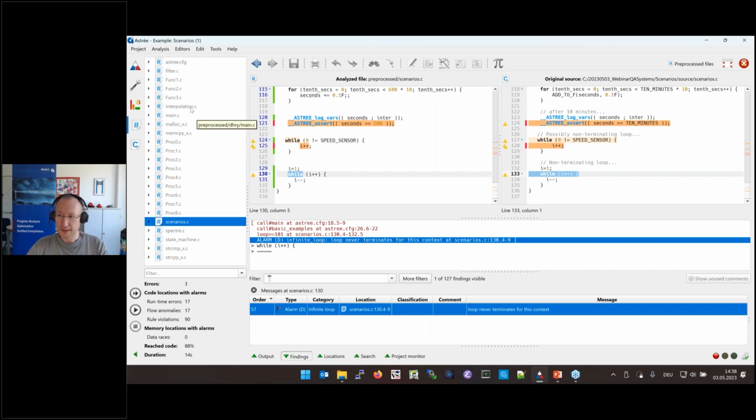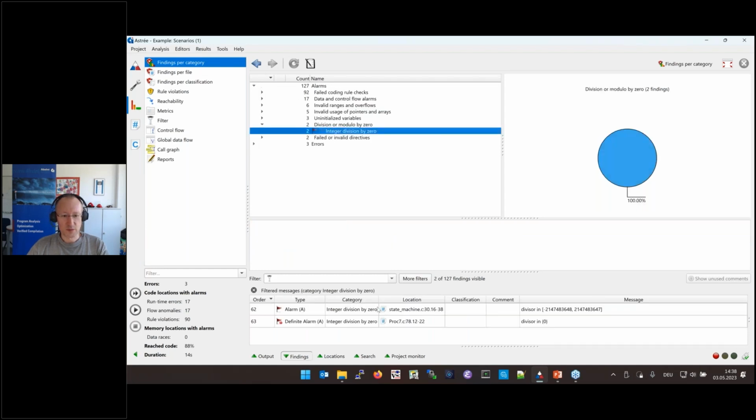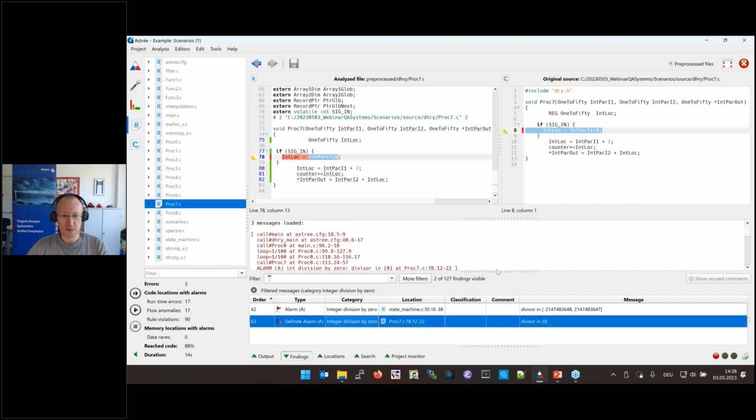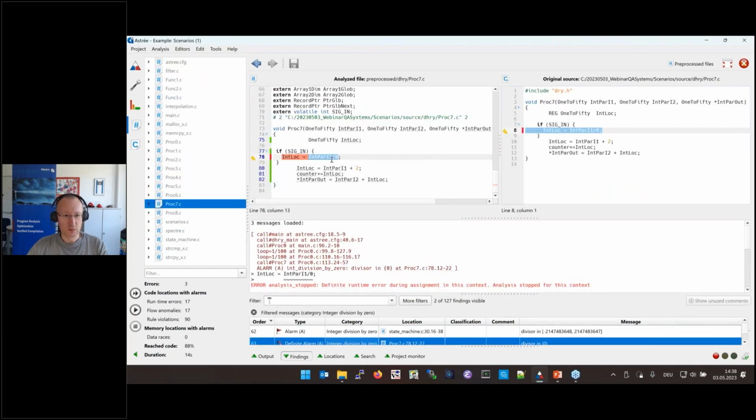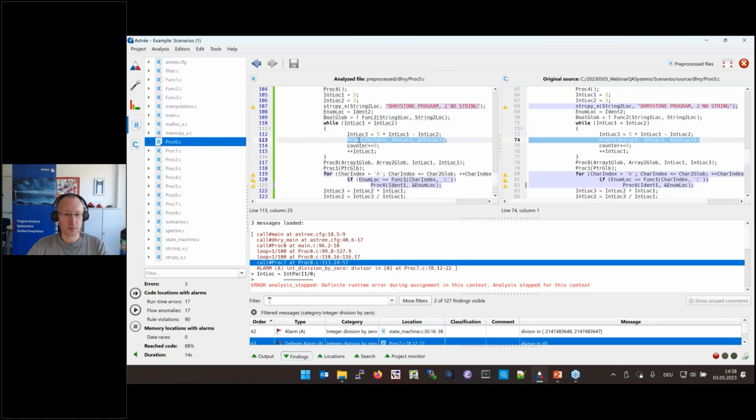All right, then let's have a look at one different issue. So for example, this division by 0 here, this is where we can also see the call stack a bit better. So here we have our simple syntactic division by 0. We can see, well, we reach this if we call the procedure 7 from here. It's contained in a loop.